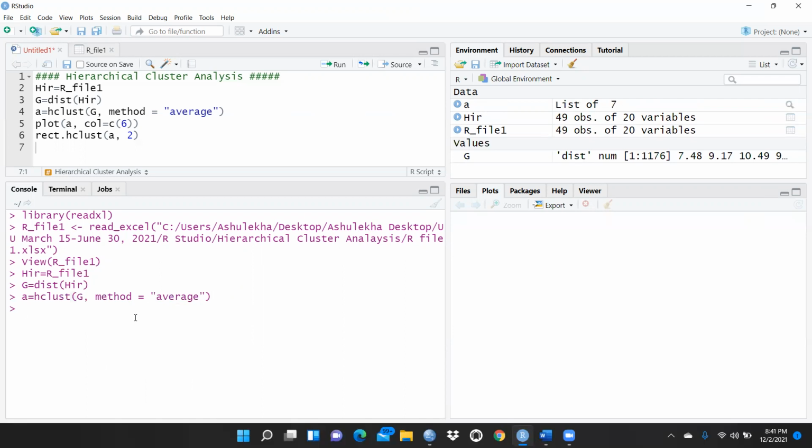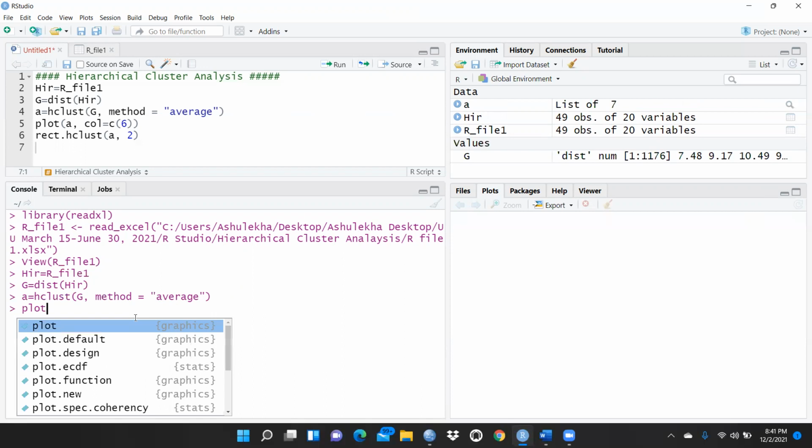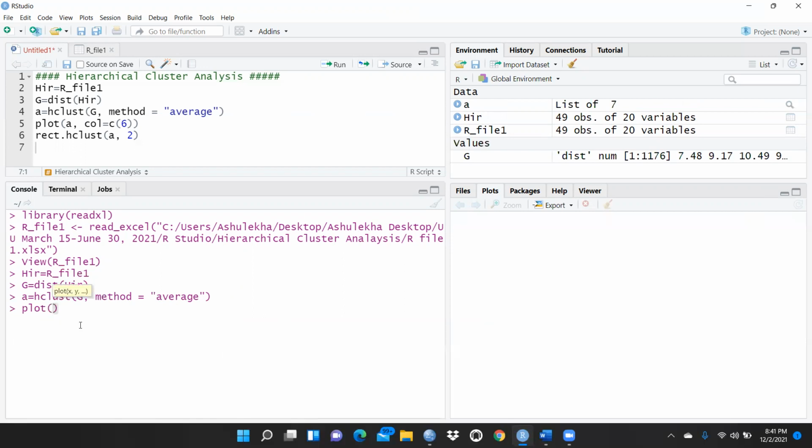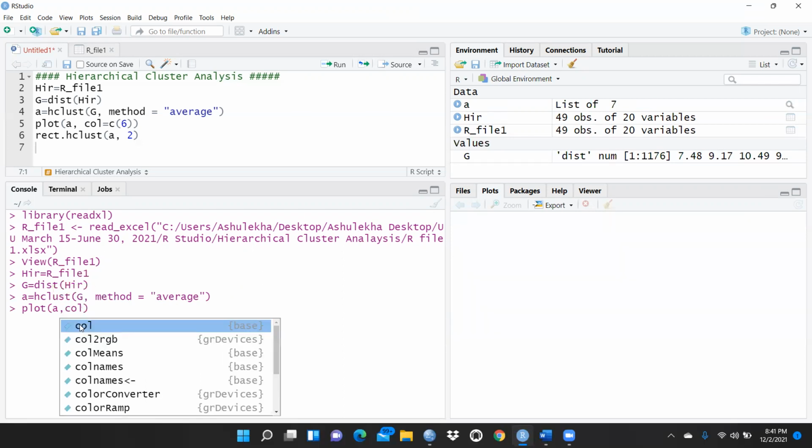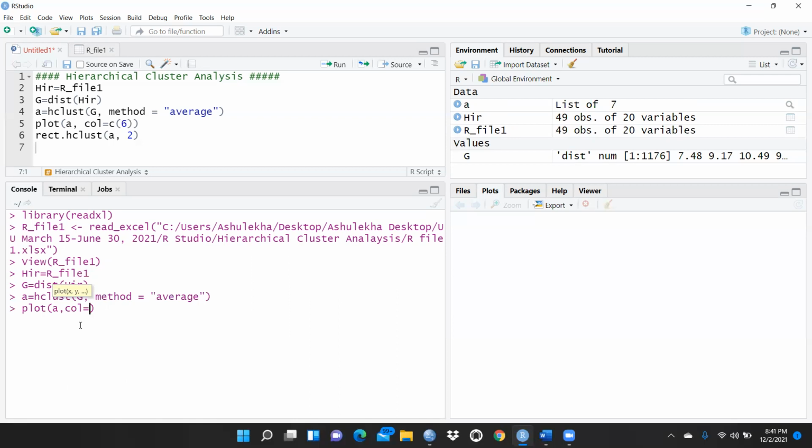And after that, I would like to plot this particular file, and let me write a comma and I can give a color scheme also. Let's say I'm giving 4, or we can give, let's say, 3, and let me press enter.